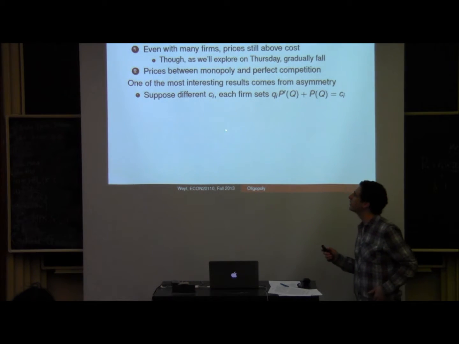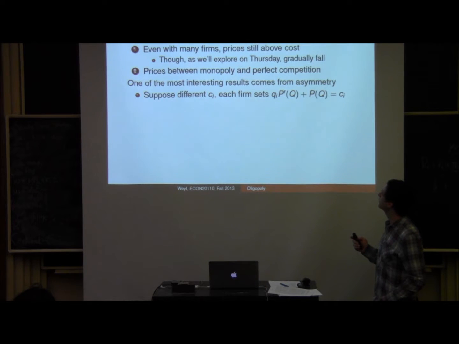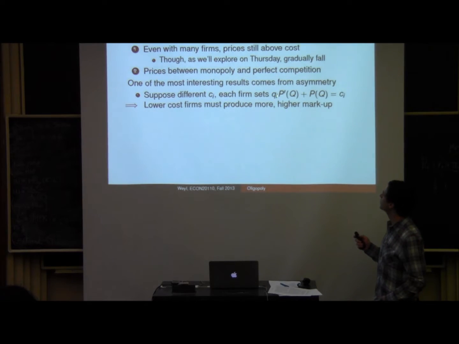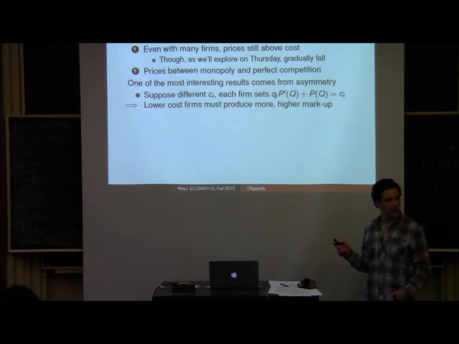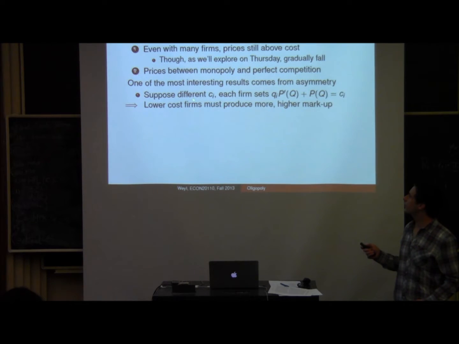So imagine that firms had different costs. Then the lowest cost firm is going to have to be producing more because the price is constant. They have a larger markup, and the markup that they have is equal to the negative quantity times the derivative of price. So the bigger their quantity is, the bigger their markup is. And therefore, the firm with lower cost will have to be producing more in order to